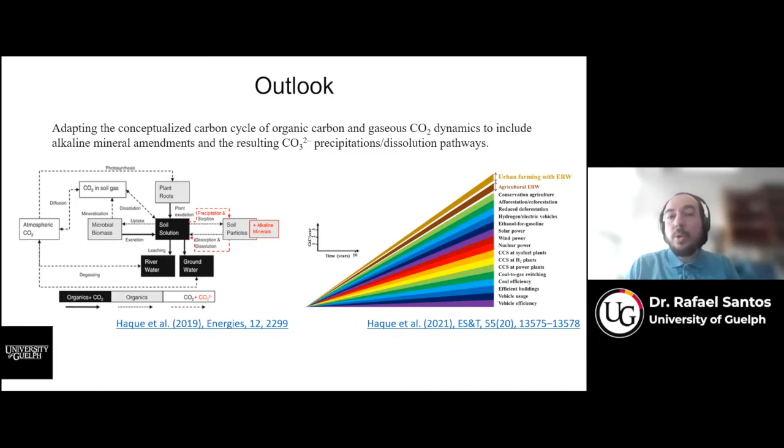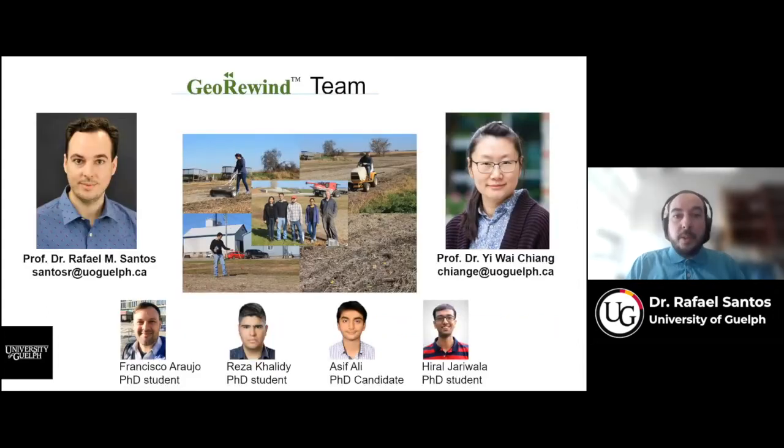So on the right-hand side there, what we show are the climate change mitigation wedges, and we propose that enhanced weathering, both in agricultural settings, but also other settings such as urban farming, should be considered to be reliable ways to sequester carbon. So lastly, I would just like to introduce you to the team who has been doing all